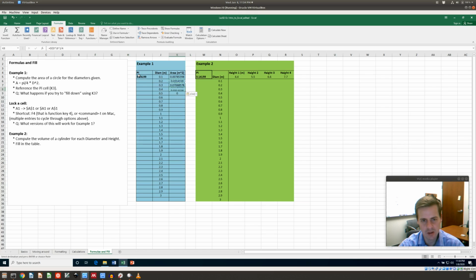So I copy and paste, copy, paste, copy, paste. And now if I come down here and look at this piece, it's moving in the diameter, but it's not moving away from the pi. Okay, so I can take that one and fill it down. All right, so there's a little bit of subtlety to the fact that there's a dollar sign in front of the I and the 5, and we see that in example 2, where I'm trying to calculate the volume of